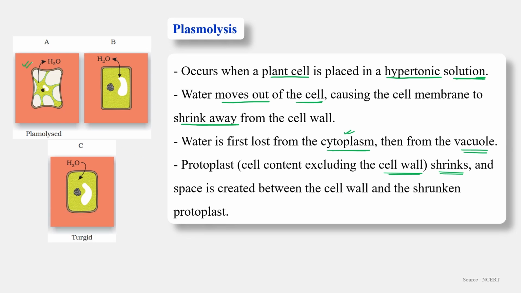This is known as plasmolysis. If we put a plant cell in a hypertonic solution, all the water present inside the plant cell moves out, first from the cytoplasm and then from the vacuole also, and the plant cell gets shrunken up. Okay,